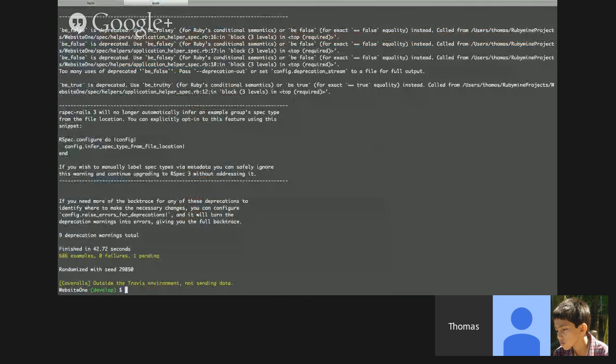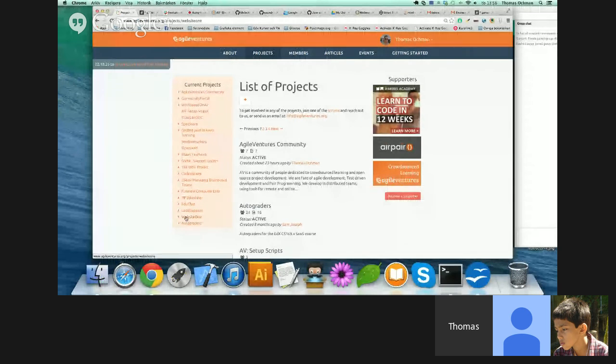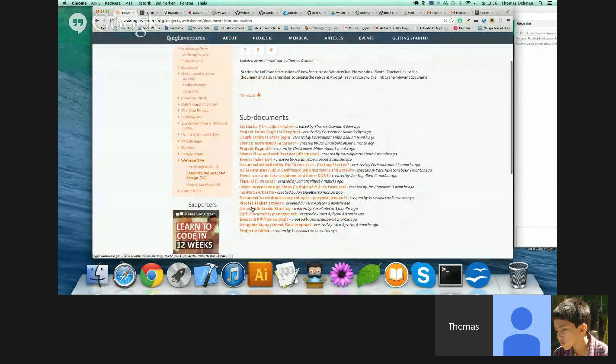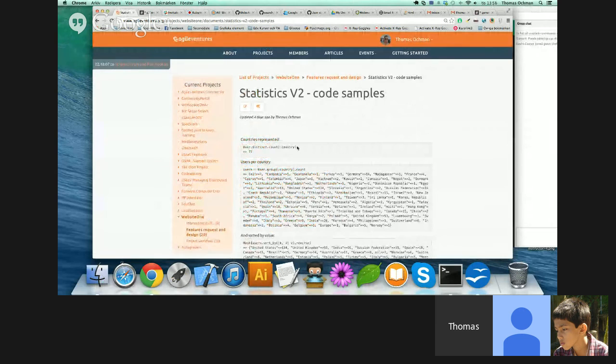Let me just see if we can go. Staging. Okay, I see. Yes. Okay. I made some comments on the document on the feature request and design. Let's see, dashboard. Where is that? Yes, code cells. Yes, so